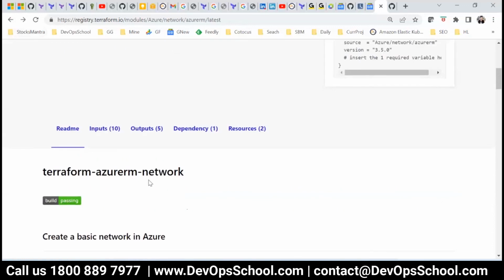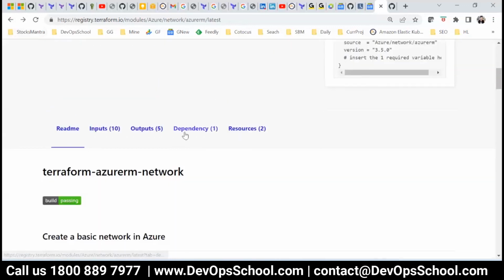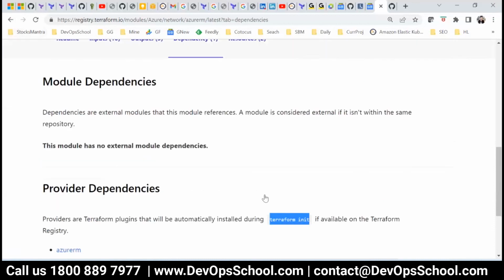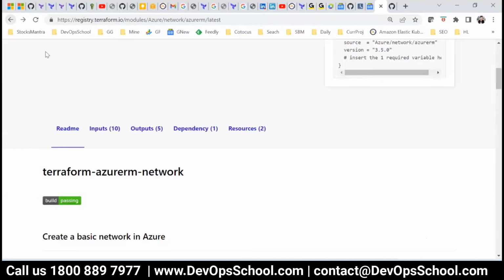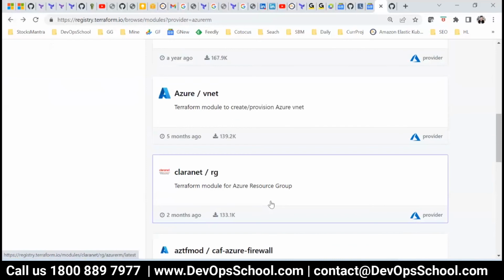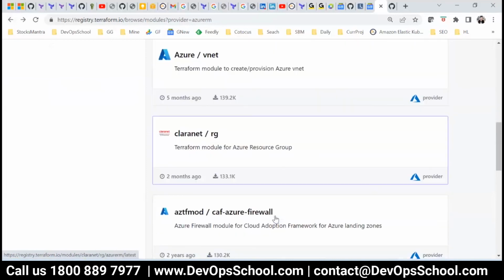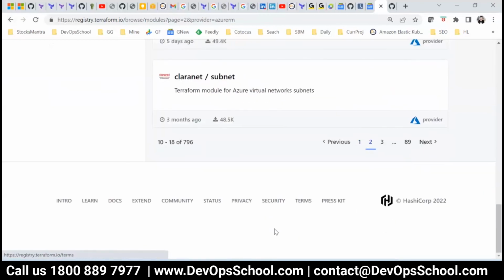Okay. See, this network module is dependent on some other modules also, a dependency. Which module? Azure AI. So that's a provided dependency anyways, we understand. That's okay. Let's go back. Now, what do you want, something else? So you want the network. Okay. And after that, let's say you want something